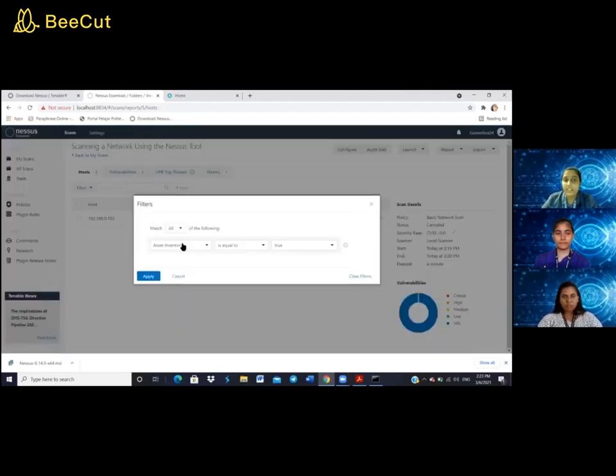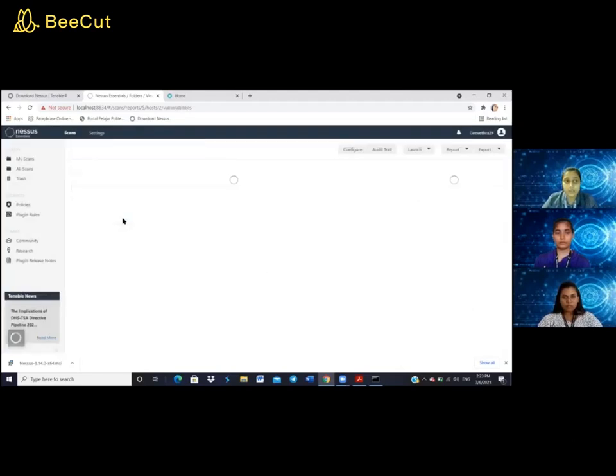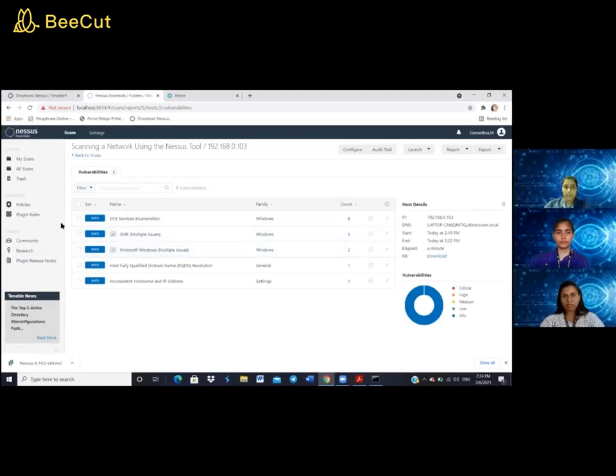Okay, here you can see the filters. The inventory filter is equal to true or false, and we can change it by whatever filters you want to enter in the Nessus tool. So next, as we can see, there are a lot of vulnerability scans. Here it is 5. So we can know each of that info by clicking the info section.